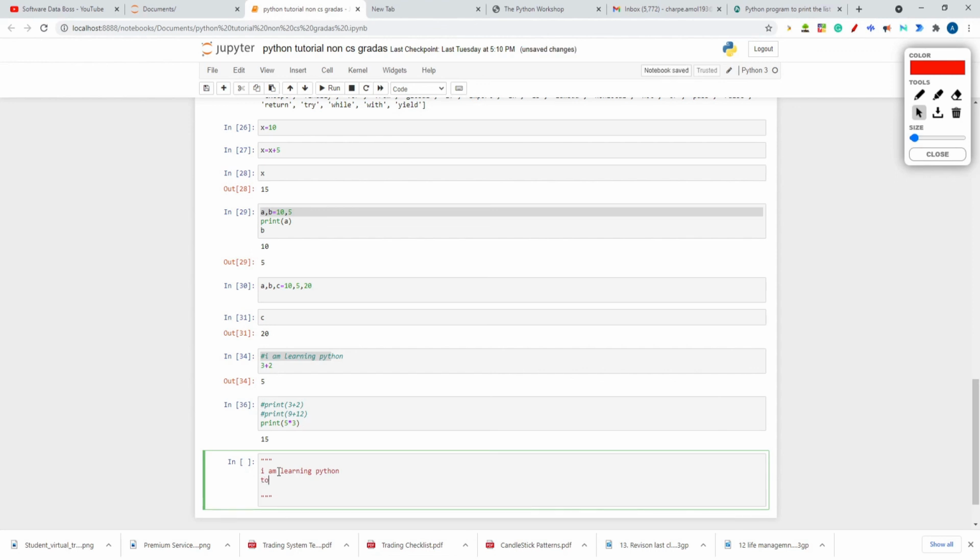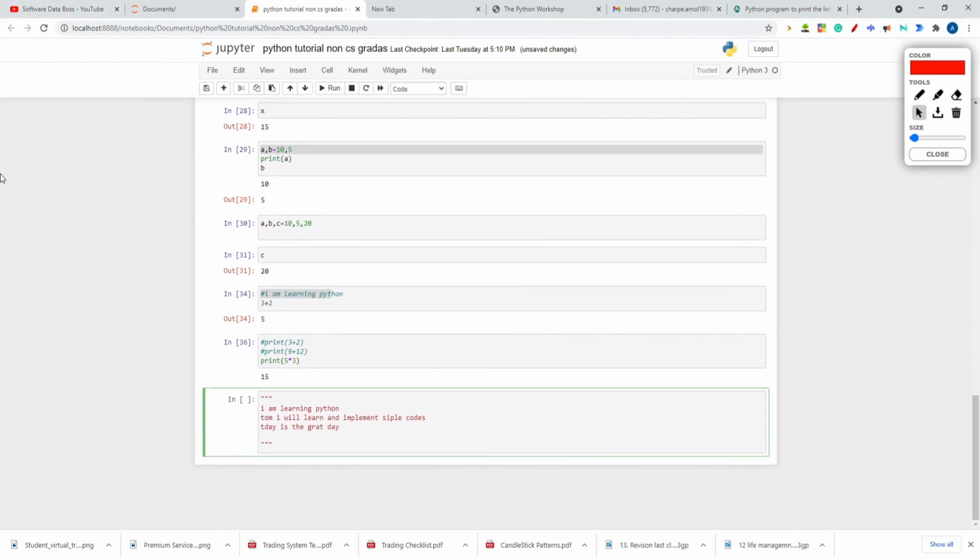Tomorrow I will learn and implement simple codes. Then in a third line, today is a great day. Like that you are giving information to other users about what your program is doing.